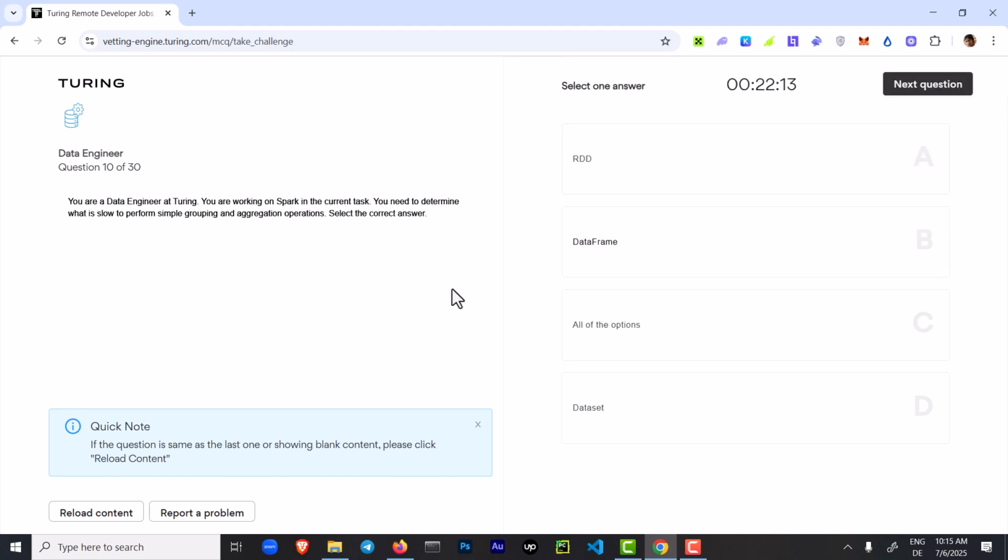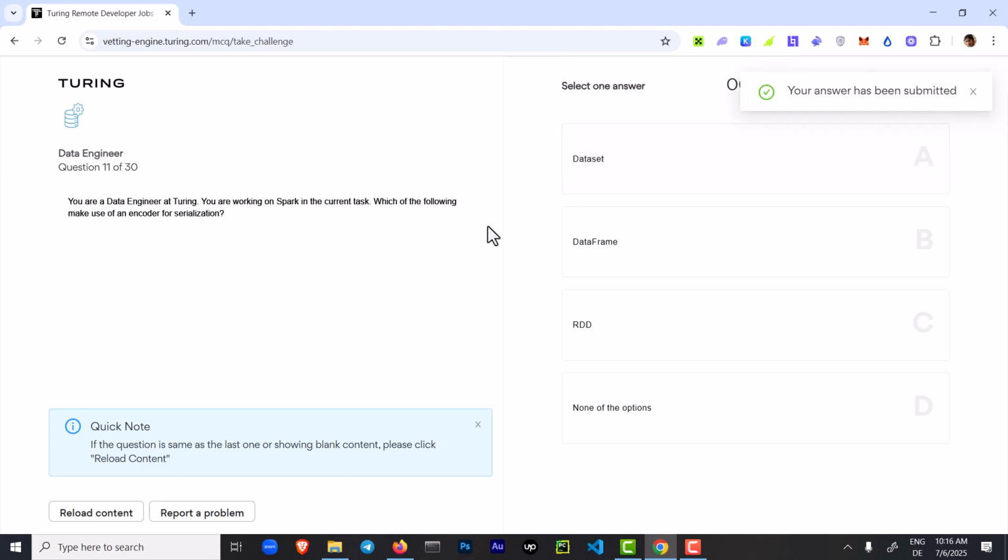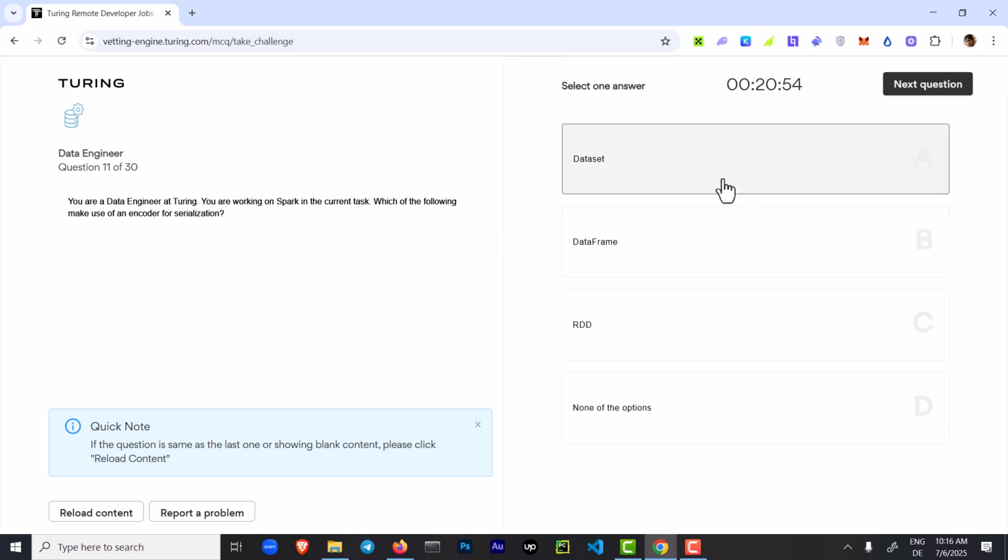You are a data engineer at Turing. You are working on Spark in the current task. You need to determine what is slow to perform simple grouping and aggregation operations. RDD. Which of the following make use of an encoder for serialization? Dataset. You are working on sharding a database across many server instances. It can be done with